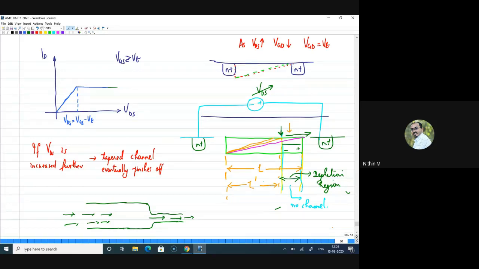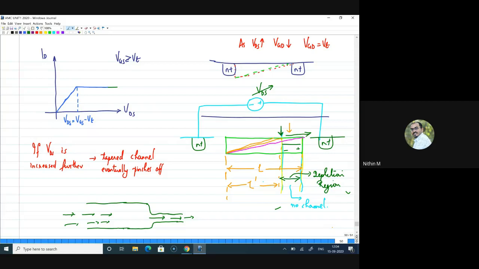Yes, I think I can make it clear when I derive the drain current equation next day by considering the charges in the channel. By considering everything, I'll do that derivation part, so you will understand the dependency of drain current on the width of the channel. Is that okay for now?